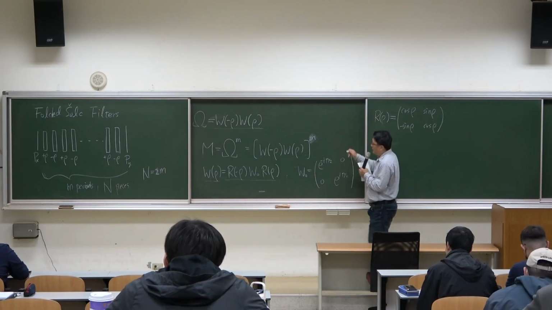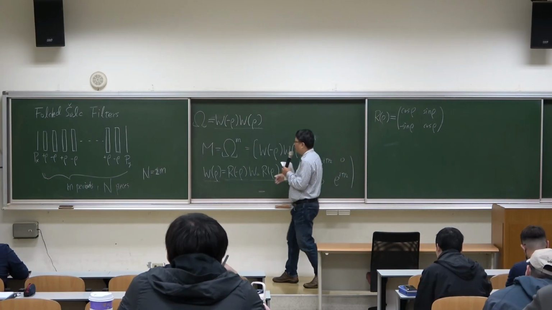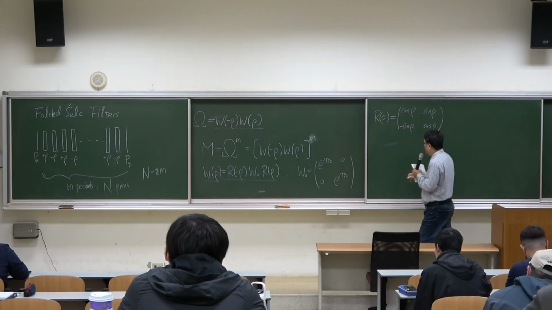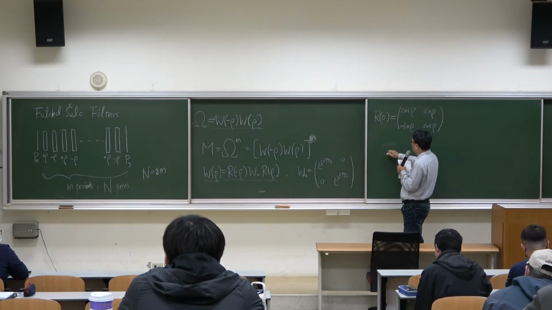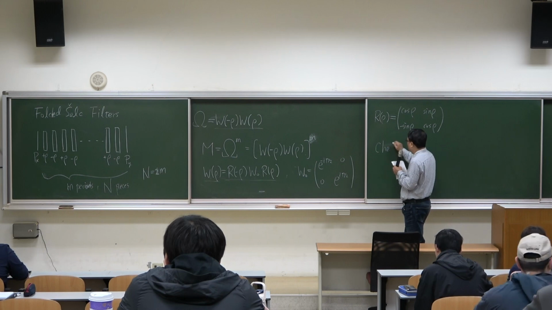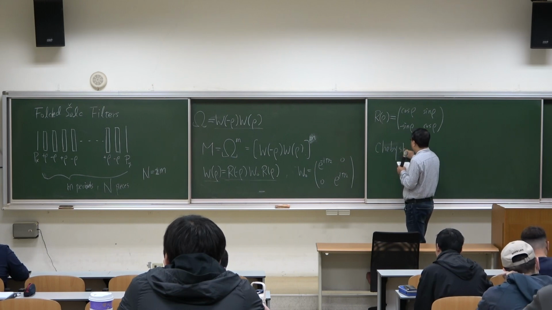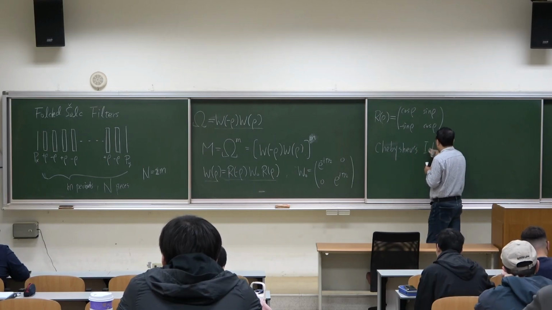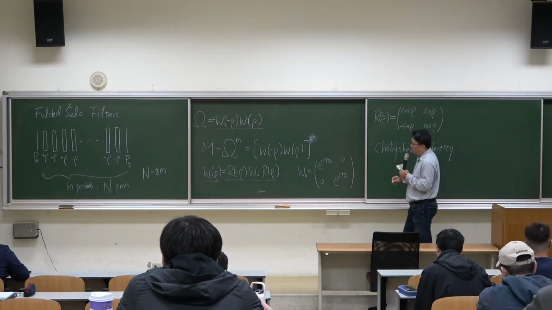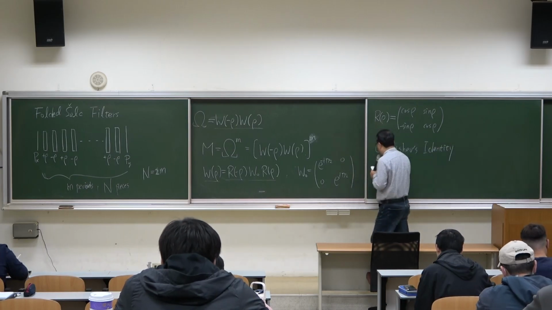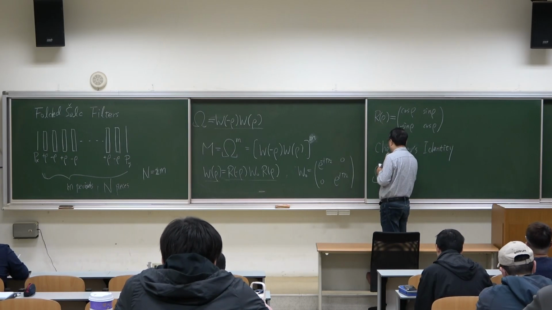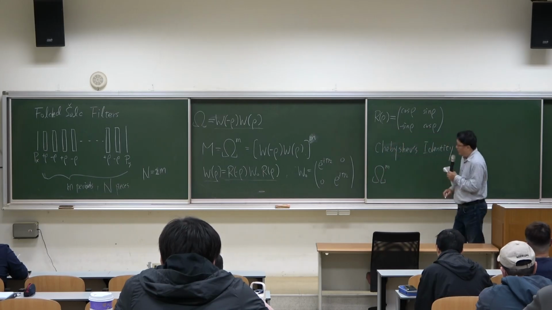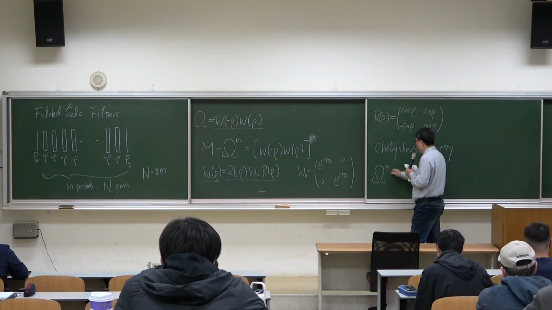And finally, you calculate the nth power of capital Omega. There is the so-called Chebyshev identity. Chebyshev's identity means that the nth power of the capital Omega is equal to